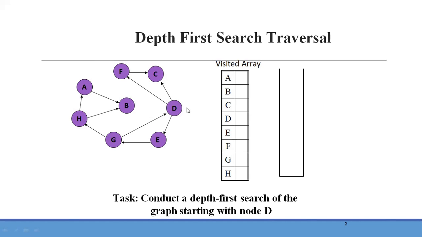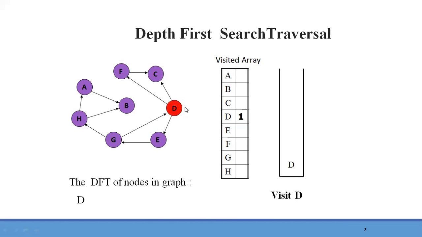While writing the algorithm for this, you can initialize all the array entries to 0 initially, and later on as you visit a node or vertex, you can replace that particular vertex entry with 1 to denote that the vertex is visited. And here we will visit each vertex only once. So let's start with this example.